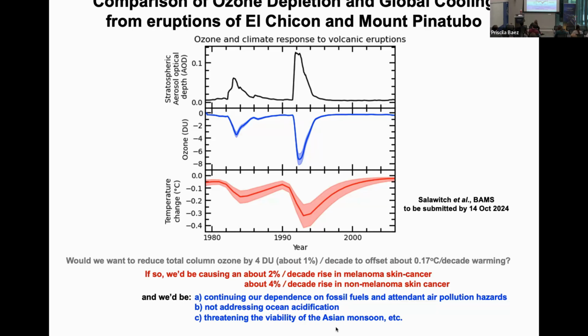And there have been papers that say if we do this, we're going to threaten the viability of the Asian monsoon. Because after Pinatubo went off, the amount of sunlight reaching the surface went down some, cooled. But what really changed is the ratio of direct to diffuse sunlight. When you look at the sun, you have to cover your eyes; that's direct sunlight. That changed dramatically. And the Asian monsoon relies on that direct sunlight to evaporate. Trees actually like the diffuse sunlight better. Trees would like this, but they don't get to vote.